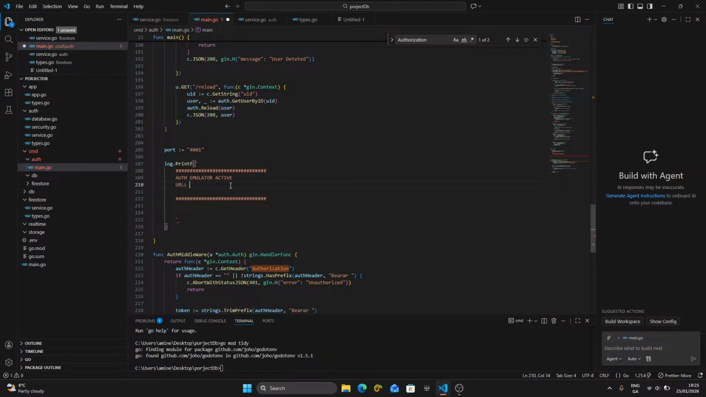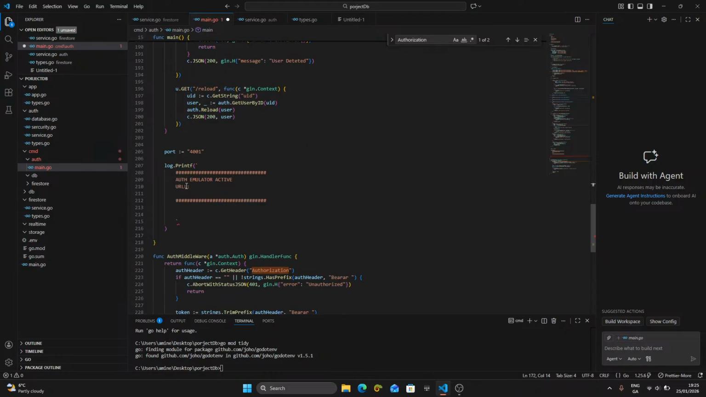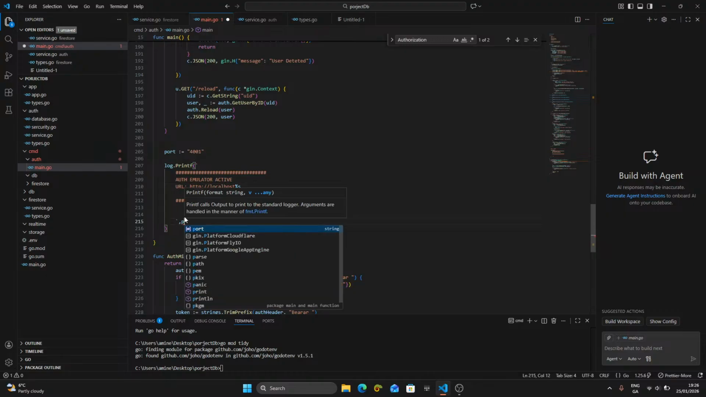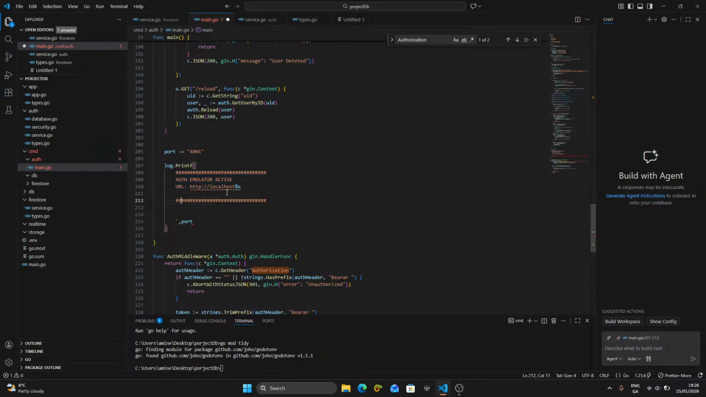URL is gonna be, let's say, http colon slash slash localhost, and then the port, which we're gonna call like this, percentage s, and then at the end over here, we're just gonna add port, which we're gonna be calling back. So I'm gonna add over here, for example,